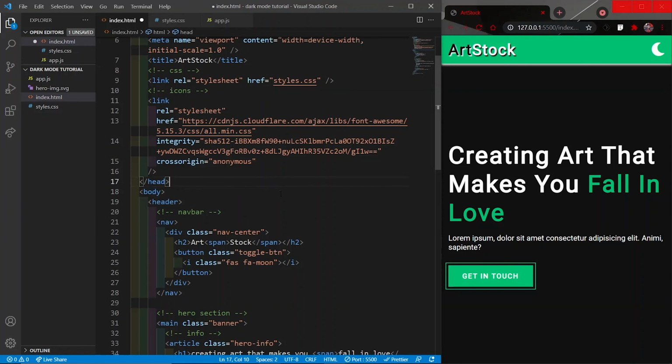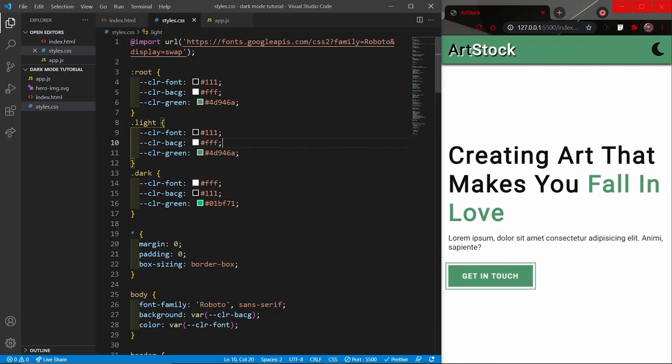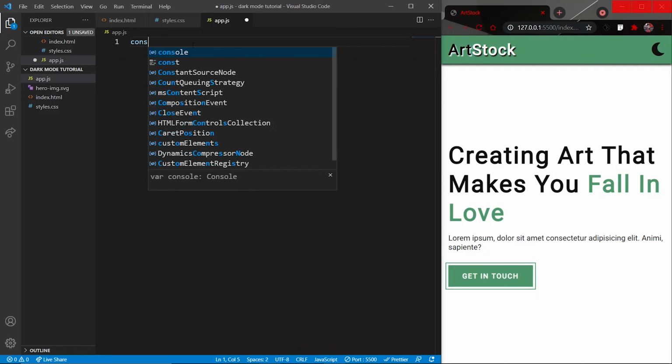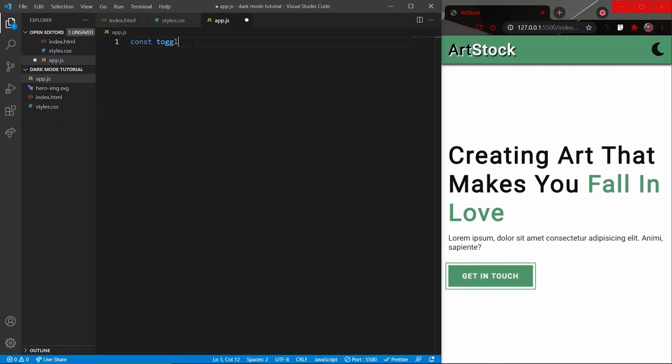And with JavaScript, what we're going to do is we are going to add this light or dark class to our body tag dynamically. So let's start. The first thing I will do is select my toggle button using document.querySelector and target the toggle button class.